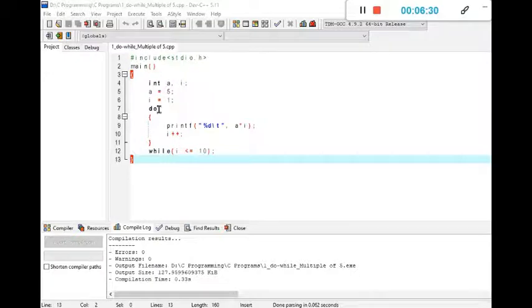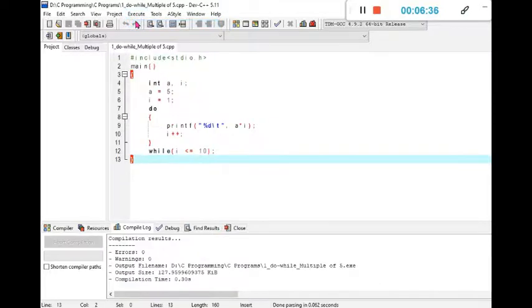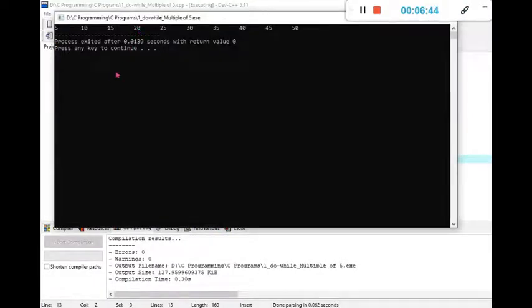So let us execute the program, run the program. Here I have already compiled the program, so it will not ask where to save it. Then again execute, run. So you can see the values are 5, 10, 15, 20, 25, 30, 35, 40, 45 and 50.